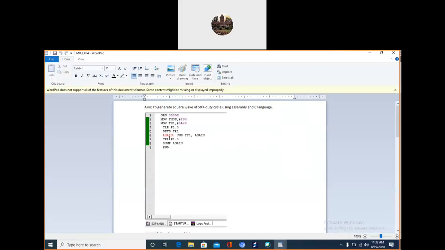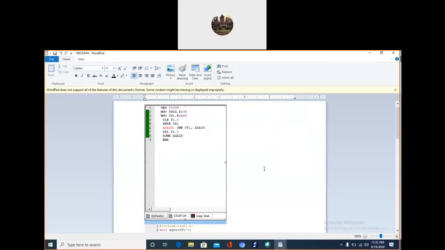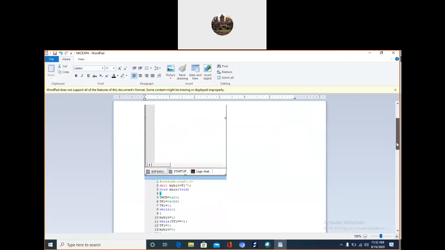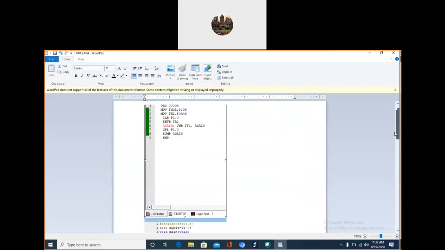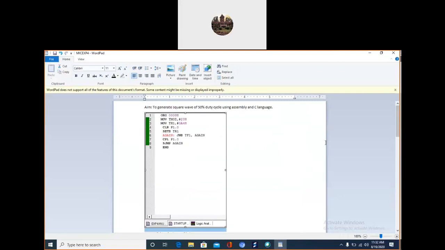So take a snapshot of this. So we'll run that. Both the codes are there, and you will see it is visible to all of you. In the last year, we have done like this. So to generate a square wave of 50% duty cycle in assembly and C, I'll take a snapshot. We will run this code.